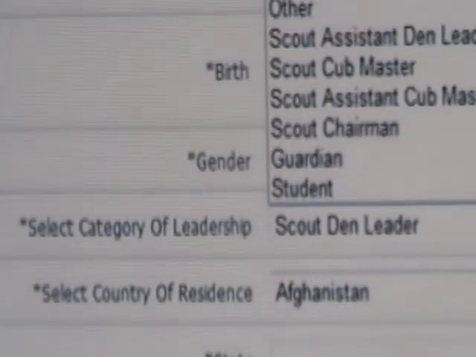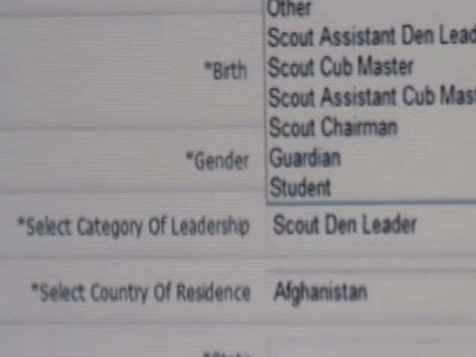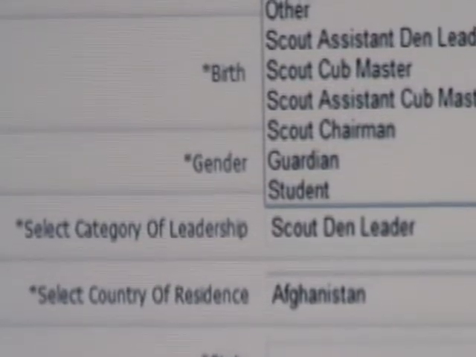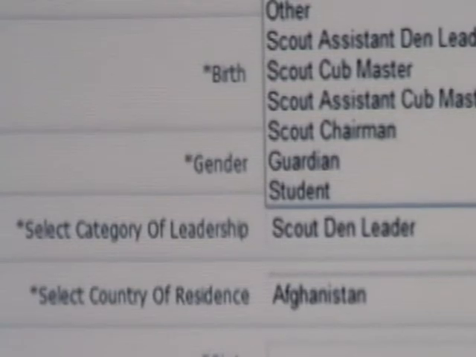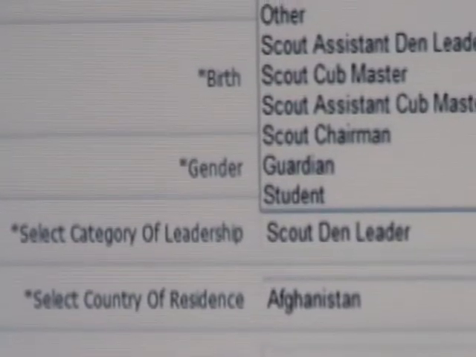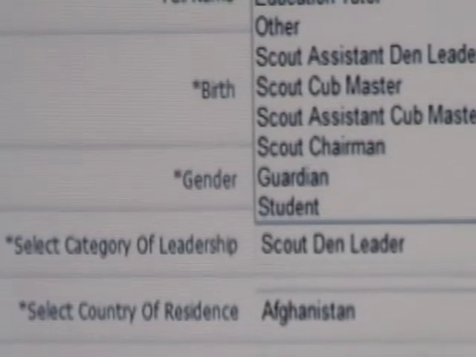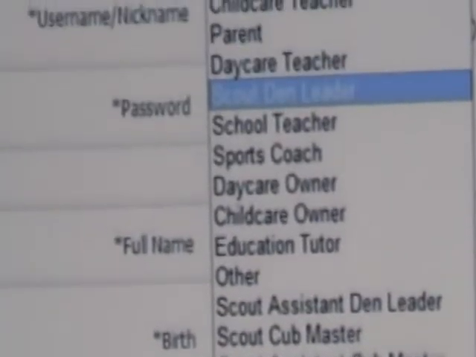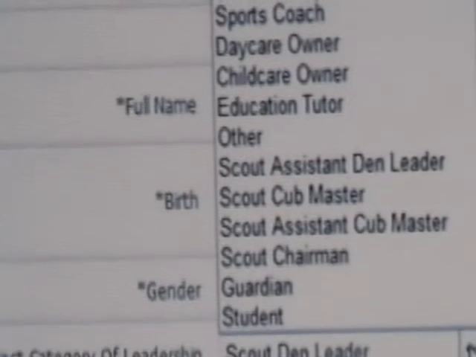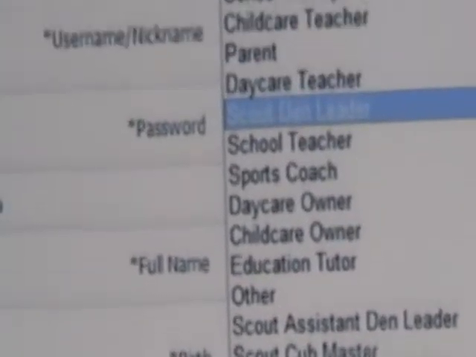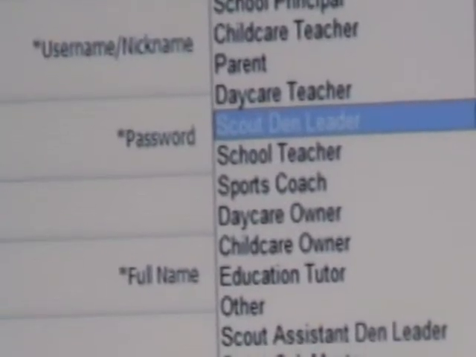There are multiple categories here: homeschool tutors, school headmasters, school headmistress, and so on. And for the Scout, we have multiple positions like Scout Den leader, Scout assistant Den leader, Cub master, assistant Cub master, chairman, and so on. We are going to select here Scout Den leader.